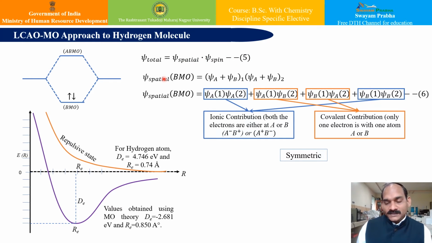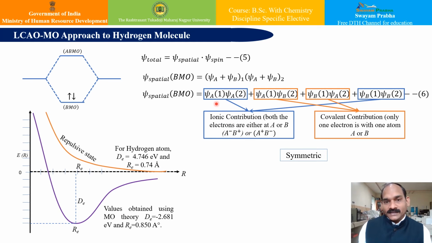Herein, the spin means the spin of the angular momentum of the electron, and the magnitude of the spin is fixed. In order to have equation 5 as antisymmetric as a whole, we need to have this as antisymmetric. Now, in order to have this antisymmetric, this spatial part shall be symmetric. That is, if you look at equation number 6, this particular part has to be symmetric.